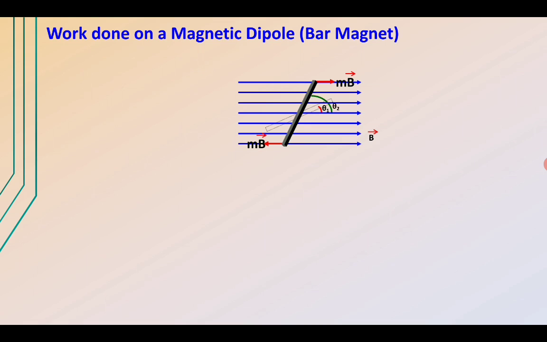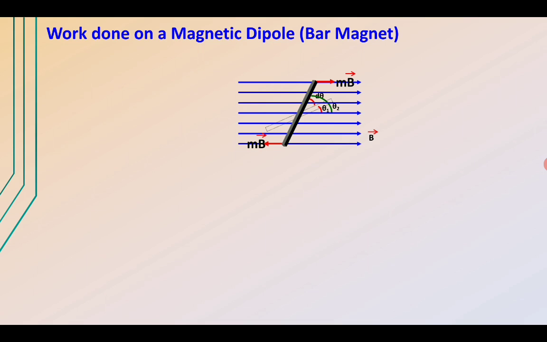Now what is happening is that the forces are cancelled out, but they create a couple. You can see the magnet placed here, the forces act in opposite directions, so the net force is cancelled out, but they act along different lines of action, and hence a couple is created, and because of that couple the magnet is rotated in this manner. So theta 1 is changing to theta 2 here. This is the change in theta, that is d theta.